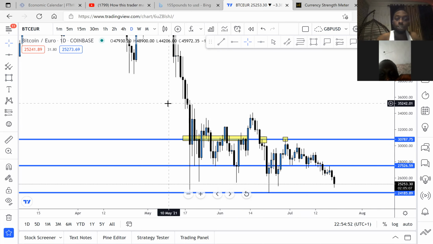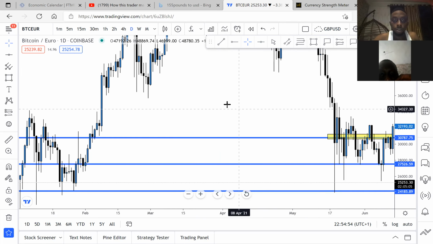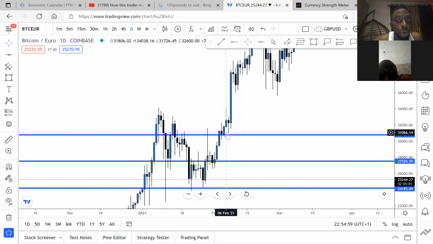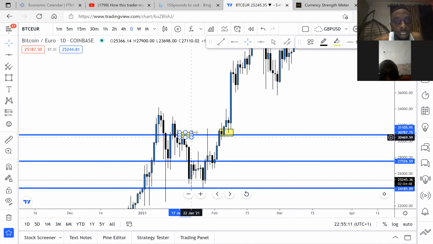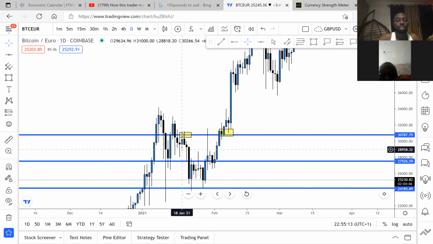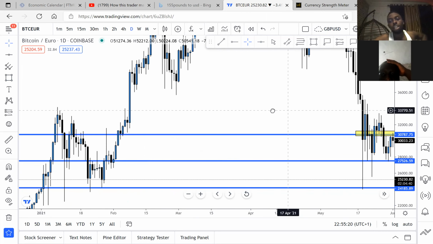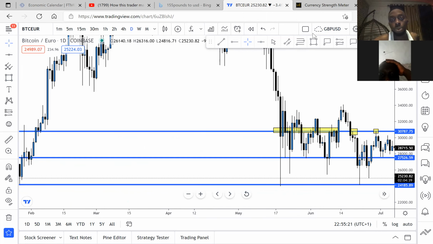So let's take reference to the past and see what happened. I see what happened here. It acted as a support that pushed this thing back up. I've seen it here. Can you see it? Yeah, acting as a resistance zone. Acting as resistance, I've seen it here, it broke. So hope you're getting the hang of it. Yeah, this is why I told you we needed a stable data connection, because we can't be dealing with